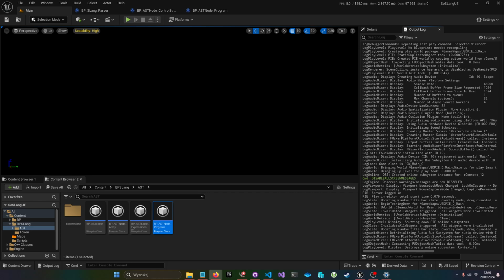And what was the goal for the language itself? Like how it's supposed to work, what it's supposed to be. Well, my assumptions were that it's supposed to be a fairly simple language, but it should have all the necessary things that a programming language should have. And I added my unique twists to that.